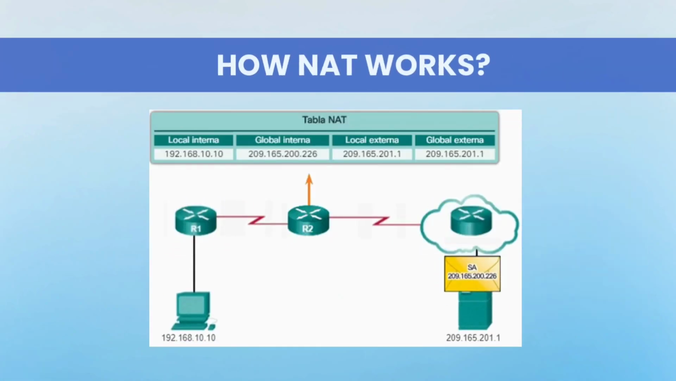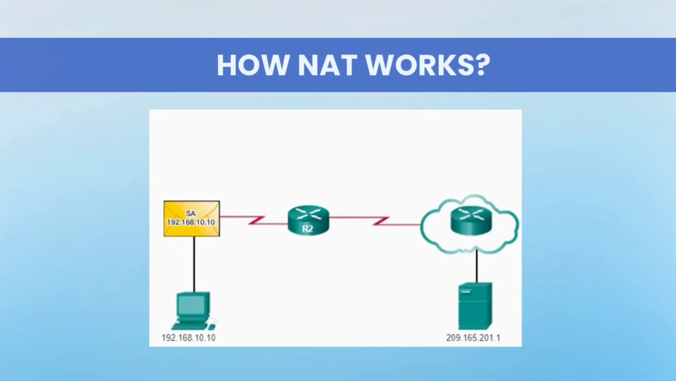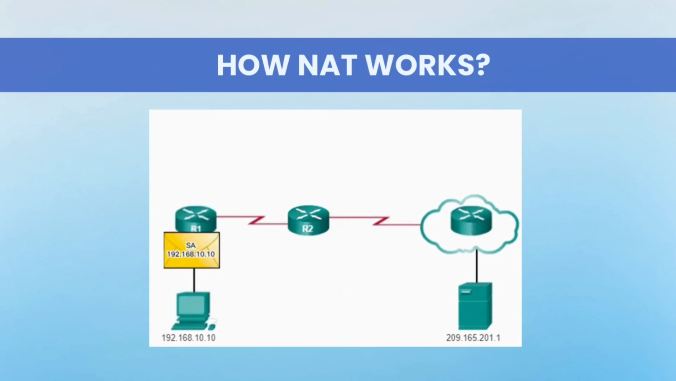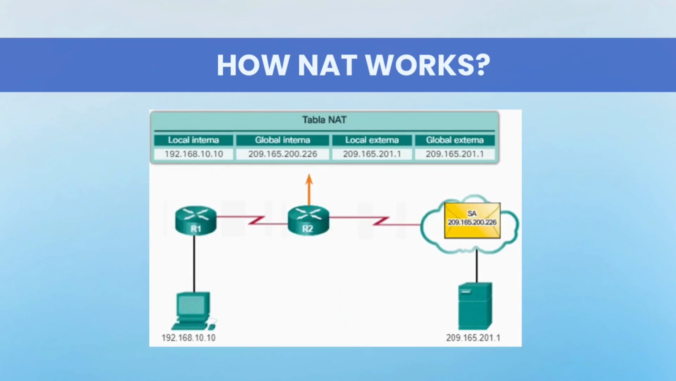This diagram explains how NAT works in a network. Here's a simplified explanation of devices and addresses. Inside local is the private IP address of a computer inside the local network. Inside global is the public IP address assigned to the computer when it communicates externally. Outside local is the IP of an external server or device that the local computer is communicating with. Outside global remains the same as